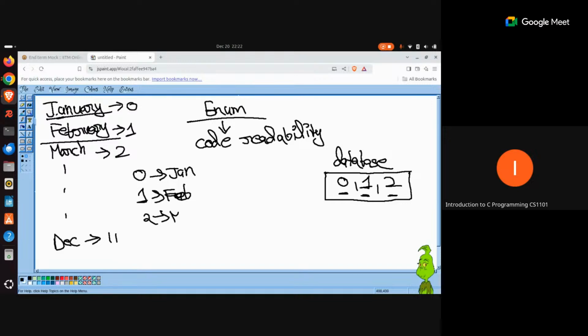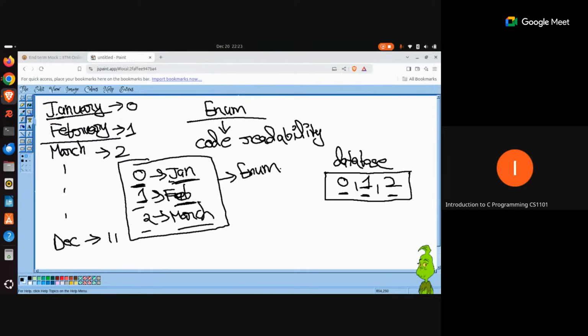Now, why do we actually need to know that 0 corresponds to Jan, 1 corresponds to Feb, 2 corresponds to March? Because your business logic is dependent on that. You have converted January into the value 0 for a purpose, so that you can reduce your storage in the database. That's why you decided to assign it a unique number. And the map that you are creating here, where January corresponds to number 0, Feb to number 1, March to number 2, this itself is known as enum.